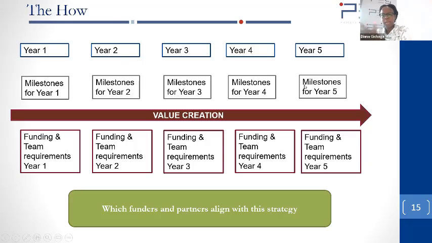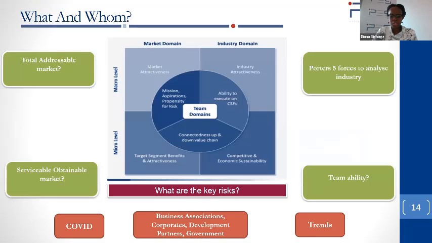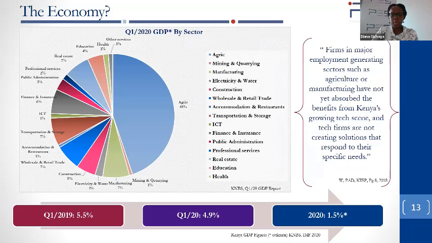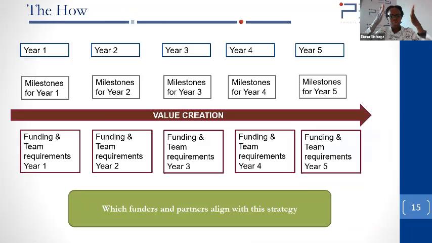Remember some of the feedback that we had gotten earlier from funders was, we are trying to do too many things at once. If you've decided what your strategy is, if you've decided what sectors are going to be, remember, there are those you can do immediately because of the constraints that you might have in terms of your funding and team. There are those that you're saying, Mr. Funder or Miss Funder, if you give me this money, in year 2, I'll be able to do this, year 3, year 4,